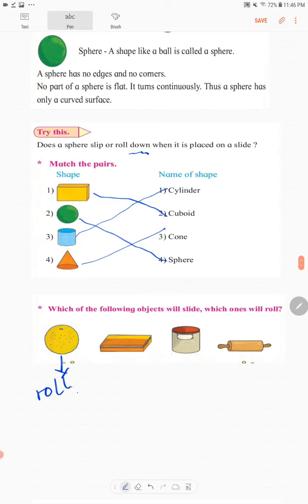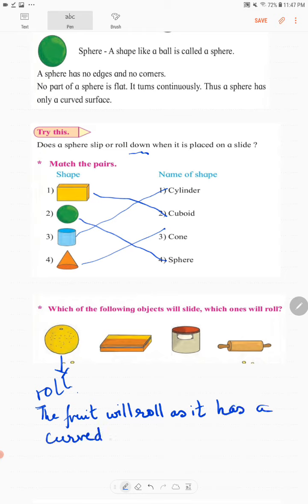If I have to write it in a sentence, the fruit will roll as it has a curved surface.